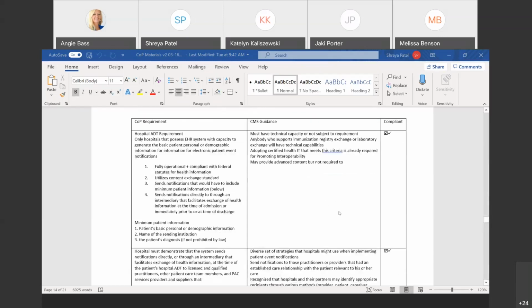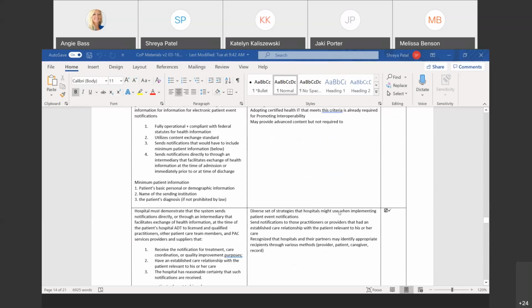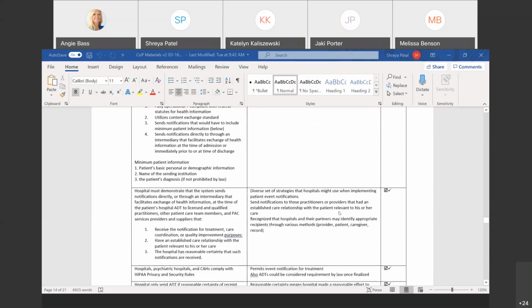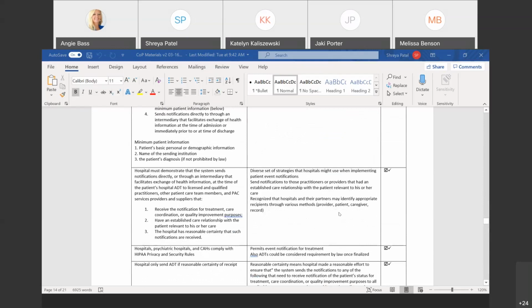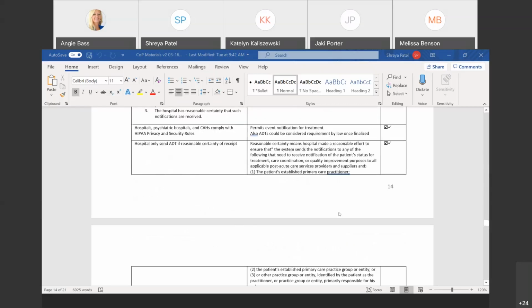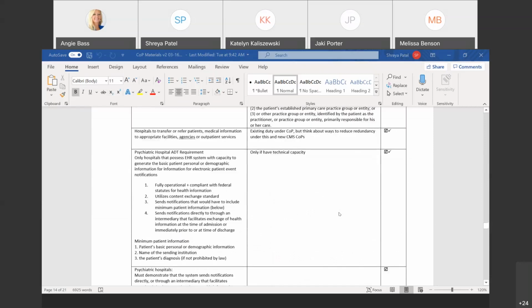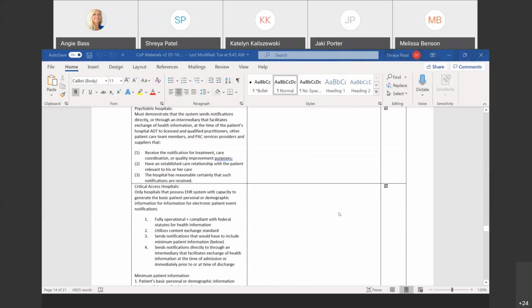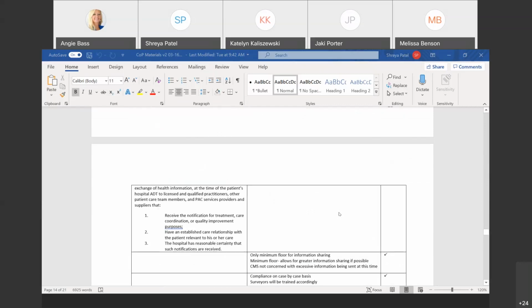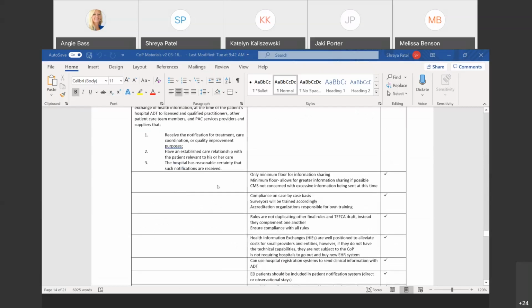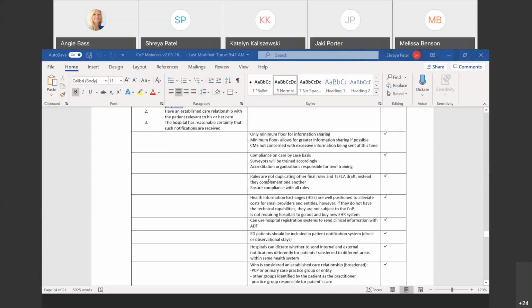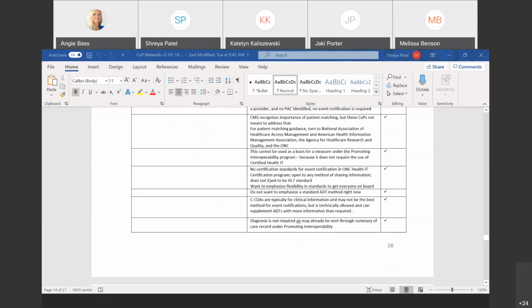And I won't go through every single box here just because it is quite a few pages long. As Katie said, we're going to release a recording of this presentation as well as the slide deck tomorrow. I'll make sure that everyone also has this crosswalk if you wanted to take a deeper dive. But one thing that I do want to do is show you how the minimum requirements are going to stop pretty close to the top here,